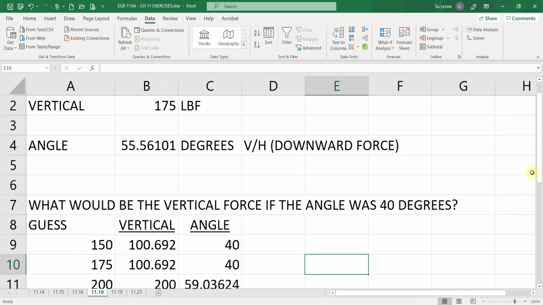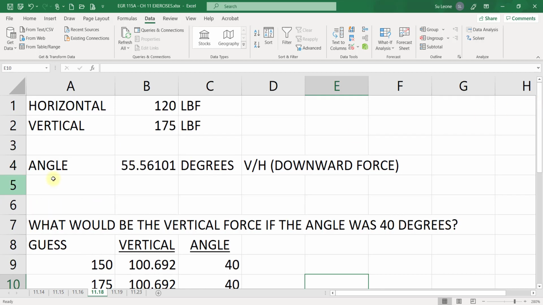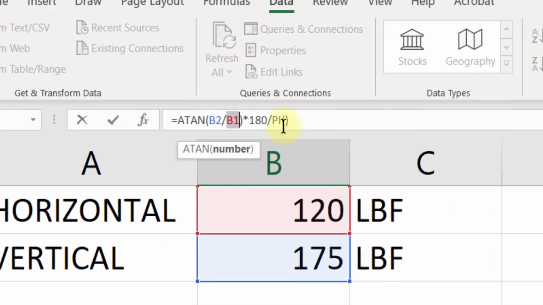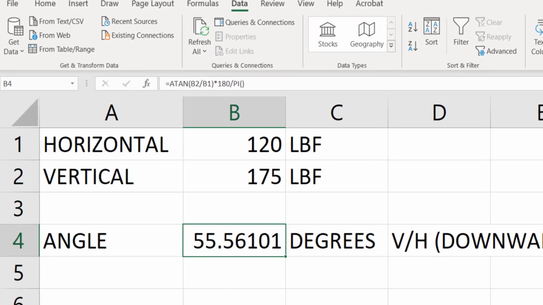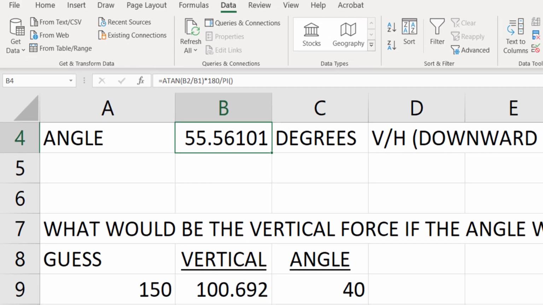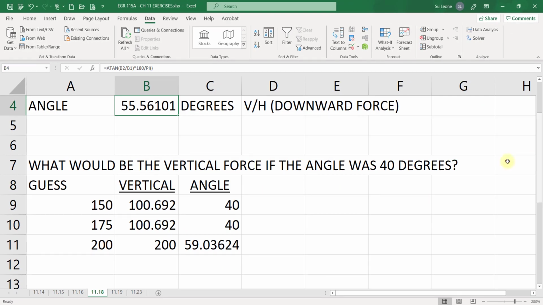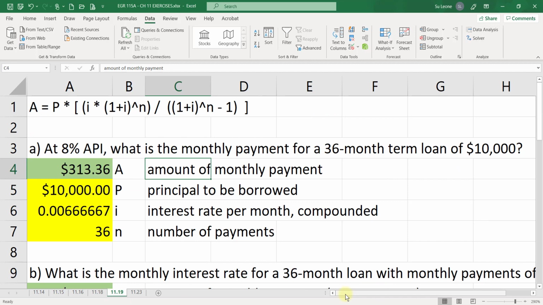Now, this one in your homework is really quite straightforward. It's just trigonometry. Remember that when you're doing trigonometry and it's an inverse tangent or cosine or sine, in other words, arc tangent, that's what the atan is for, you do have to convert it into degrees after you've done the function. So that's not really using GoalSeek. That's because this entire chapter is not just about GoalSeek. Let's take a look at